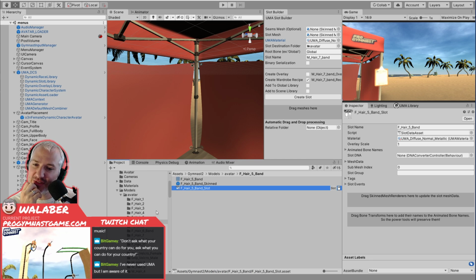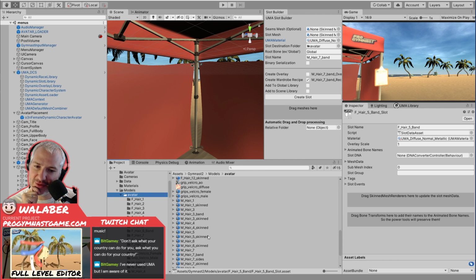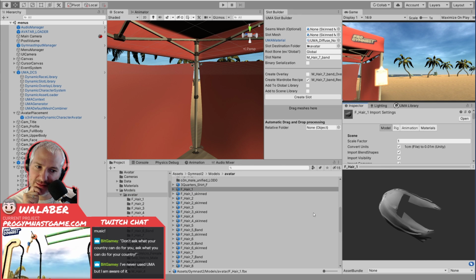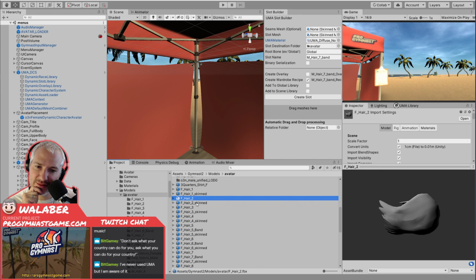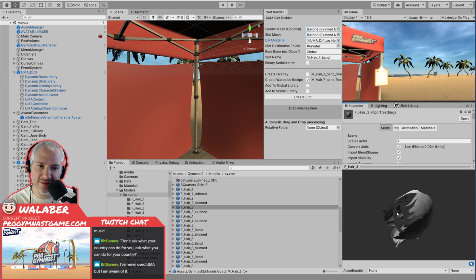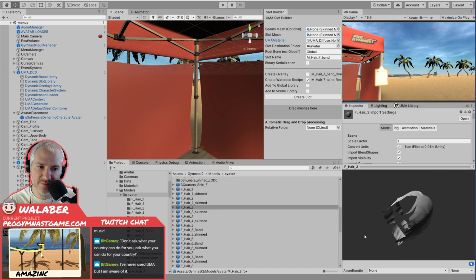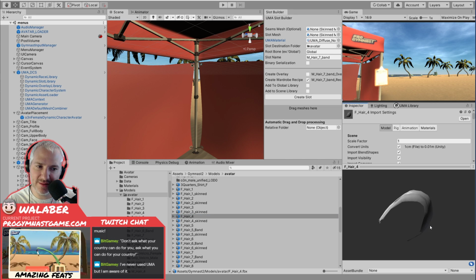It looks very much like I had come up with a workflow here where I created FBXs of the different parts. I think I had a Blender file set up where I could go through and